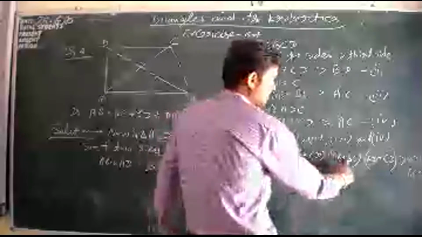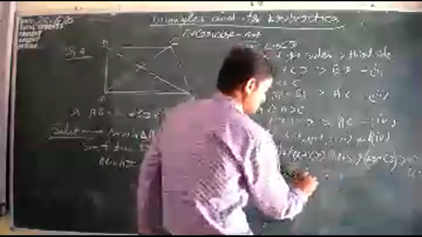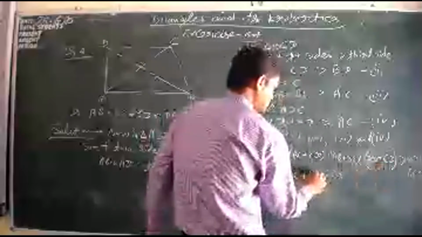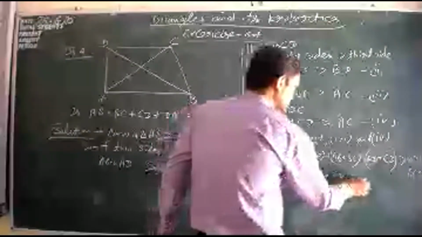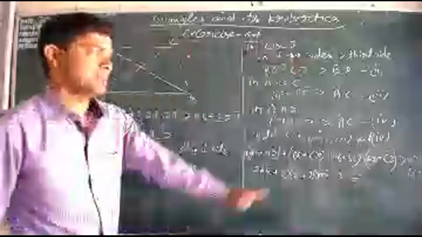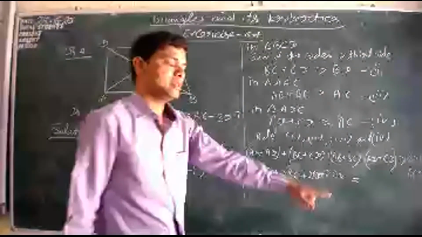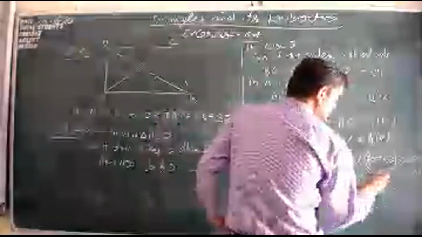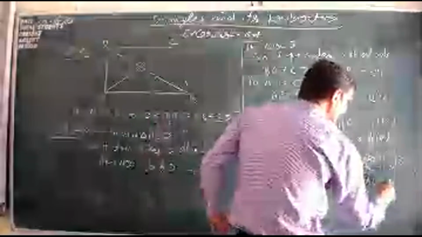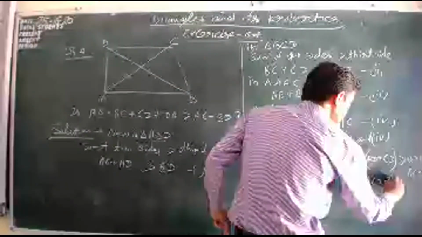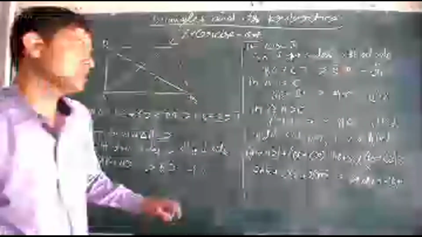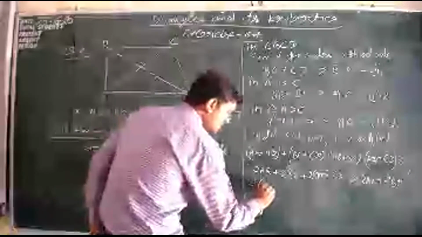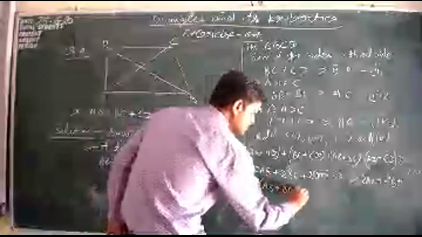BC plus BC, it has 2BC, plus CD plus CD, 2CD. Clear. Next one: AB plus AB is equal to 2AB, AC plus AC is equal to 2AC. Greater than का सिंपल है, देखिए तो greater than आ जाएगा, AC plus AC is 2AC and BD plus BD is 2BD. Clear. Now we can take the common 2 on both sides, that is 2(AB plus BC plus